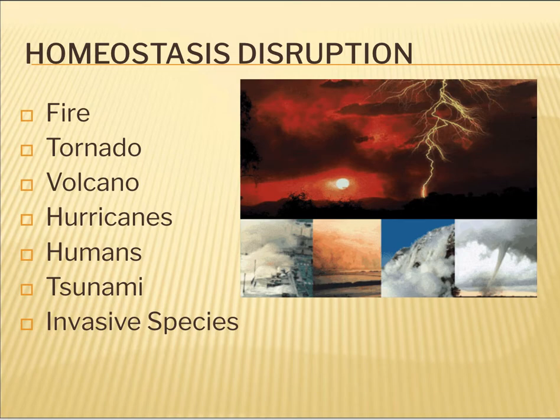There are several natural factors that can affect the balance or homeostasis of an ecosystem. First, weather and events like hurricanes and tsunamis are incredibly destructive. Fire, incredibly destructive. But there are also factors that we can control, like humans taking over land, cutting down forests, or introducing non native species of animals into different ecosystems.